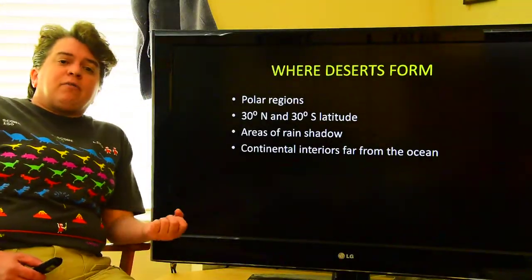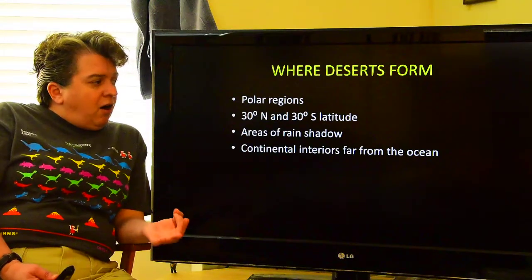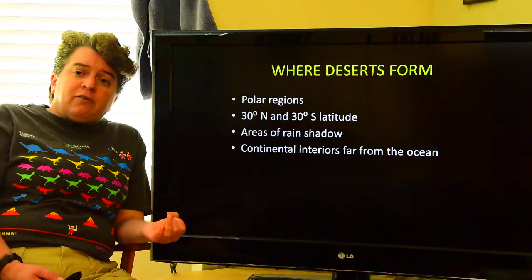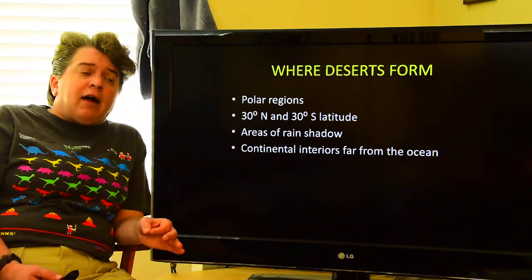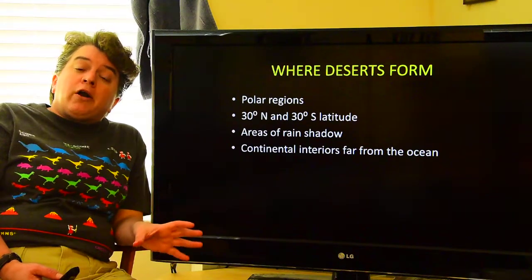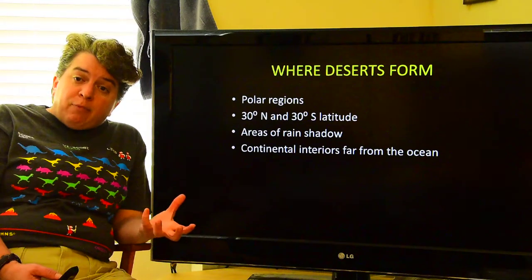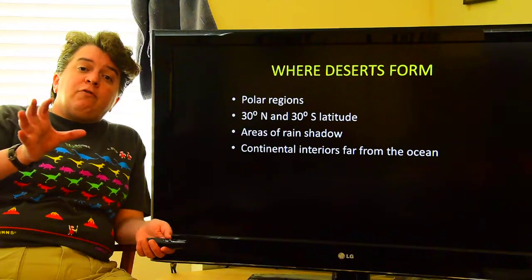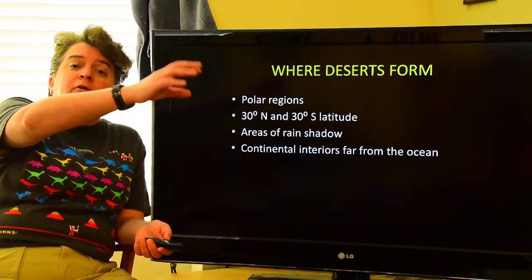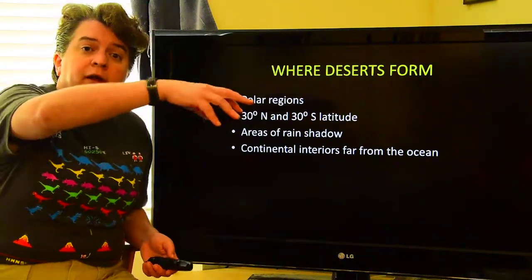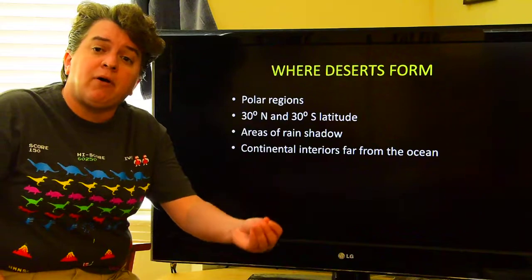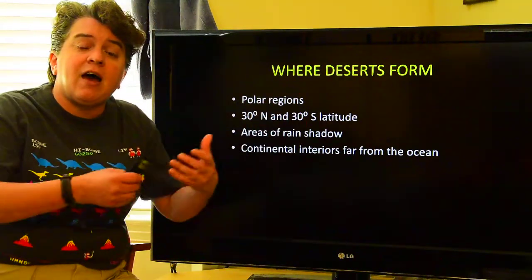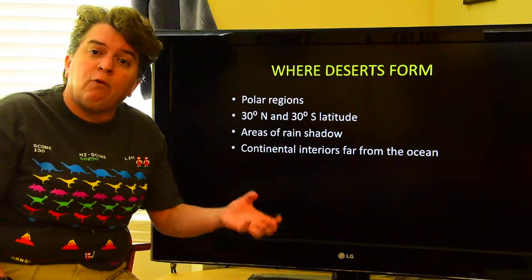So the last place where we tend to get deserts is in continental interiors far from the ocean. And that goes back to what I was saying earlier when I said that most of the water in the atmosphere is evaporated out of the oceans. So what you then have as air masses move from the ocean on land, they're going to be dropping rain, and they're going to be dropping more rain, and by the time they get to the middle part of a big continent, they've dropped all of their precipitation, but they haven't passed over another big body of water to